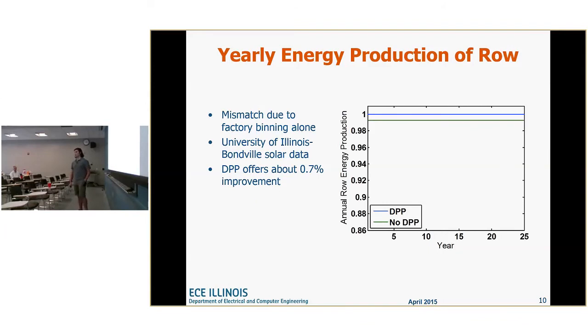We want to investigate how this would actually translate to an array. We can model using solar data. I've chosen the University of Illinois Bondville solar data to model how these arrays with and without DPP would produce energy over a given year. Since we're assuming that factory binning is a static source of mismatch, the x-axis isn't really useful here because each year we'd expect it to be more or less the same. But we can see that DPP provides about a 0.7% improvement in energy output over a row which is bypass diodes only. And this is important because you're getting this energy